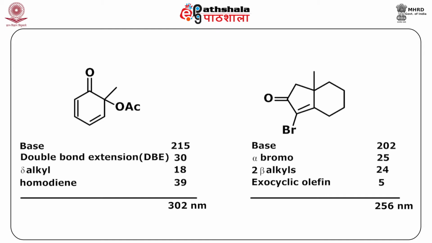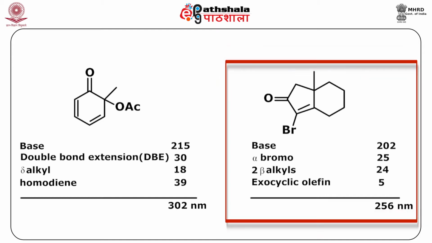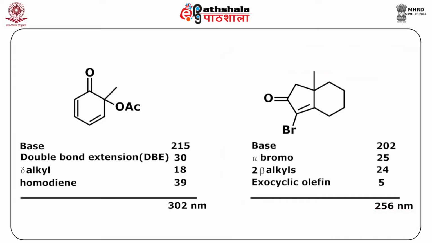Let's look into another question. Example is an alpha beta unsaturated system where the base value now will be taken as 202 nanometers. Question arises, why would we have it as 202 nanometers? Now this can be understood by the fact this is a cyclopentanone system. Cyclopentanone system will be showing a base value of 202 nanometers. The alpha bromo substituent adds another 25 nanometers. Two alkyl groups at the beta position give another add-on value of 24 nanometers